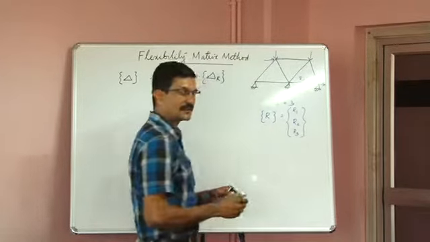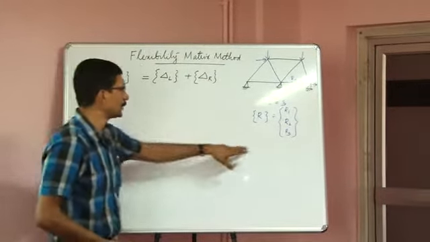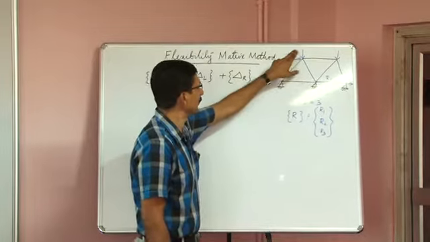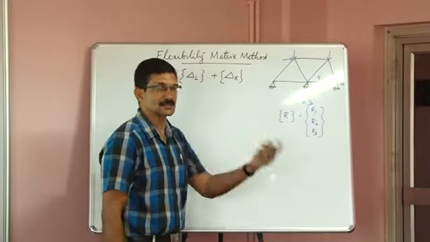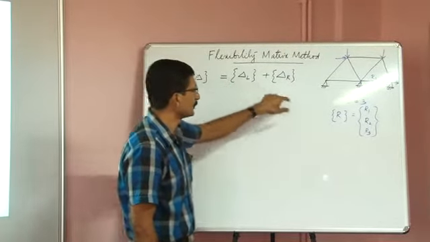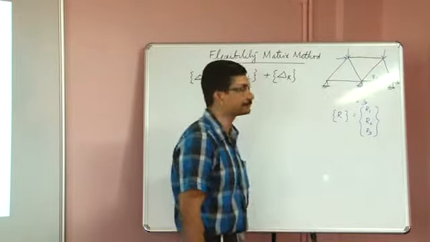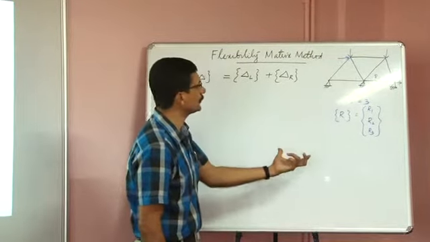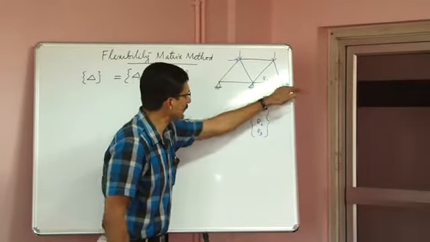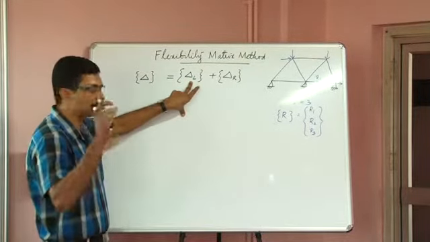Say, like that. The deflections corresponding to R1, R2 and R3 in this, due to the externally applied forces in a release structure, would be the components of this vector. That is, once you remove R1, R2 and R3 from this structure, this will become statically determinate. And then you can find out the deflection along this direction and along this direction at these two joints. They will be the elements of this particular vector.